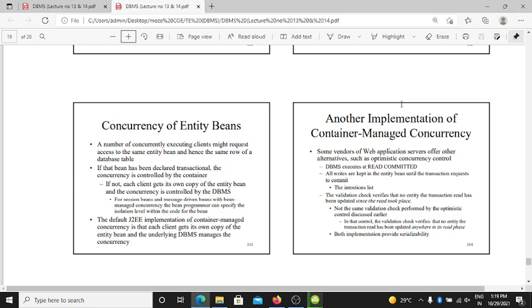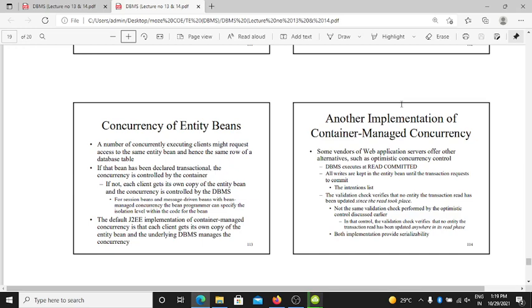The bean manages the concurrency after implementation of the container managed concurrency. Some members of both application servers offer other alternatives, such as optimistic concurrency control. Rows are kept in the entity bean, and the transaction requests to connect.